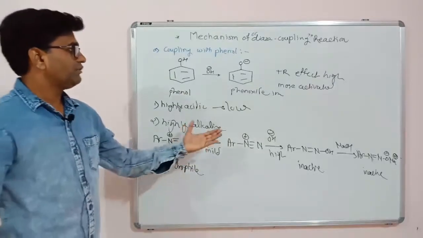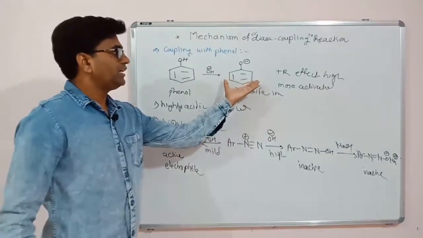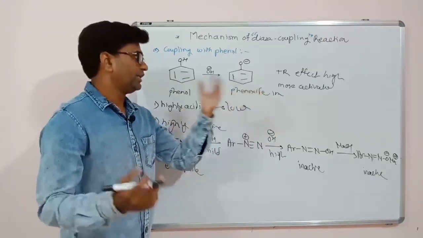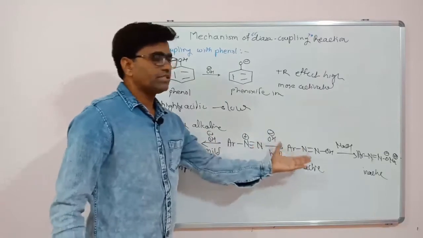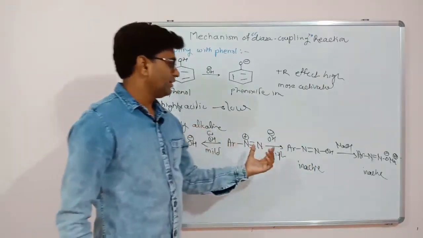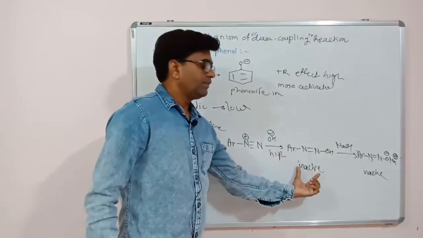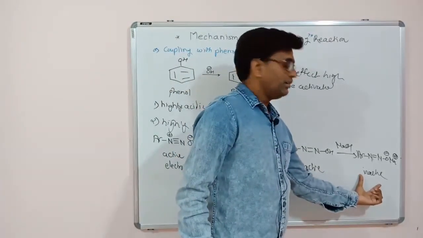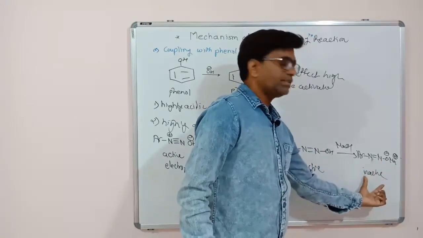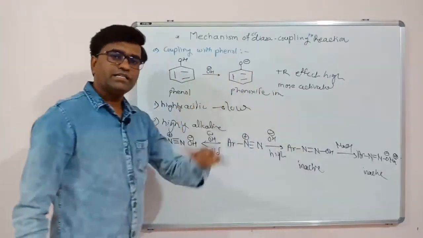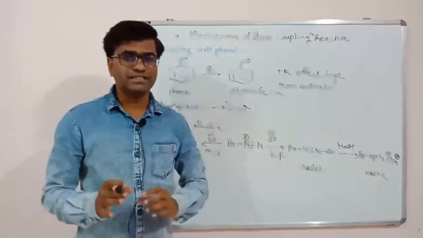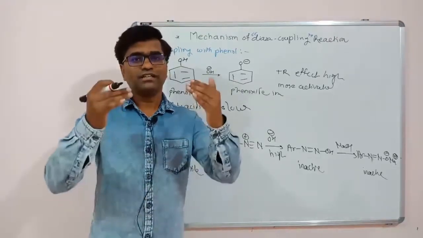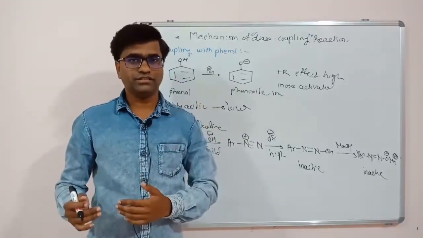So what will happen? If you are in higher alkaline condition, phenol becomes activated and the reaction rate should increase. But as we increase the base concentration, in higher alkaline conditions, it forms a hydroxyl compound that is inactive. It forms a sodium salt, and that is also inactive. So as the concentration of base increases, our electrophile becomes inactive. So obviously the rate of the reaction will decrease.